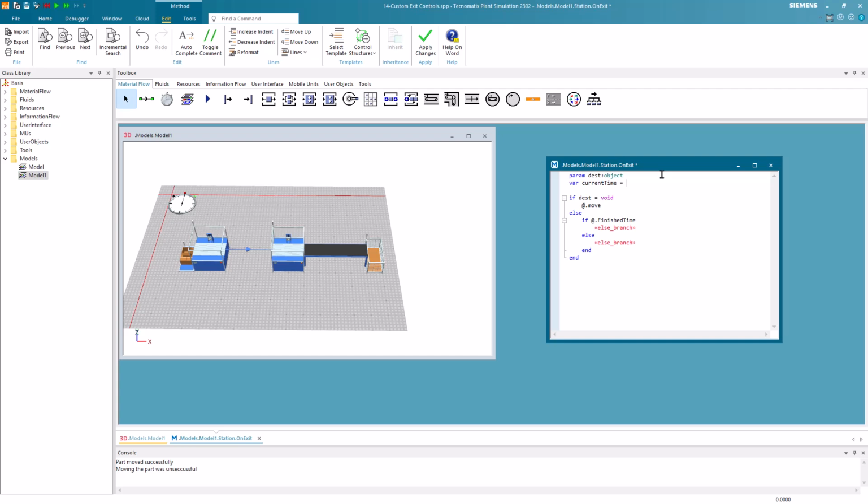To get the current time of the simulation, we can simply use the event controller. The event controller has an attribute, which is called SimTime. In this attribute, the current time of the simulation is stored. To access the event controller, we can use the anonymous identifier root. Root is basically the frame in which we are currently. Since the event controller is an object of this frame, we can access it from the anonymous identifier root. So we first access the frame through the anonymous identifier root. Then we can access the event controller and lastly the SimTime attribute.